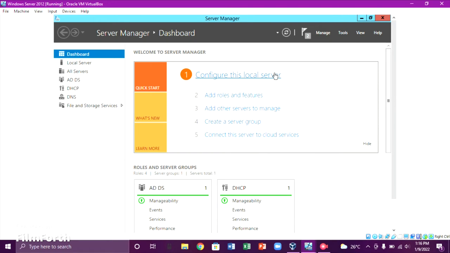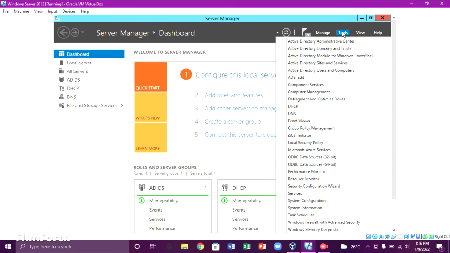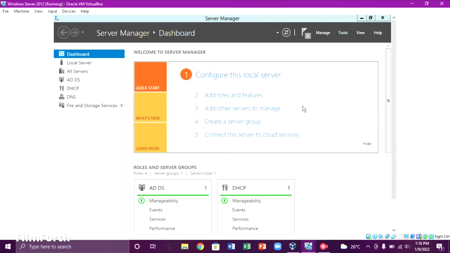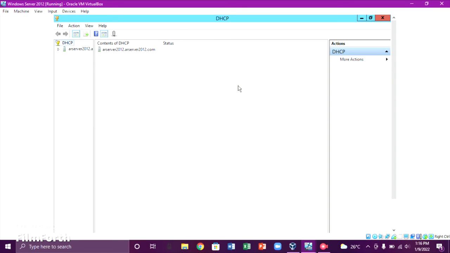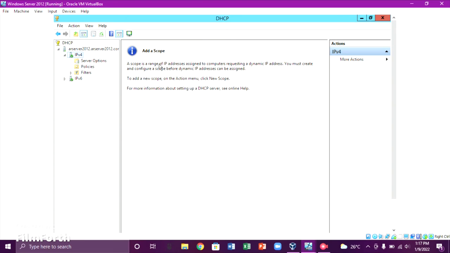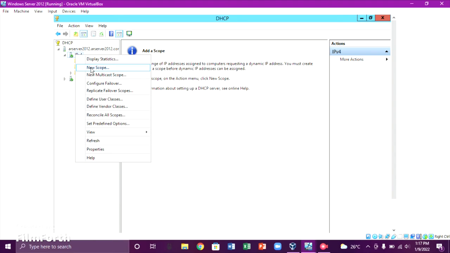For the next step we're going to go to tools and select DHCP. I'm going to full screen this, and here you can see server2012.com, our domain. Click on this arrow here, and we're going to be utilizing IPv4. As you can see, we need to add a scope, so we're going to right click and create a new